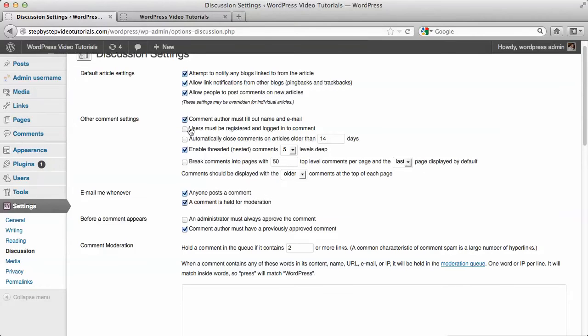Other comment settings. Comment author must fill out name and email. If you want people to fill out their name and email before they can post a comment, then you select this. User must be registered and logged in to comment. If you want people to be a user on your website before they can comment, then that in one way will prevent spam. People will spam your blog less, but at the same time, people will be discouraged to leave comments if they